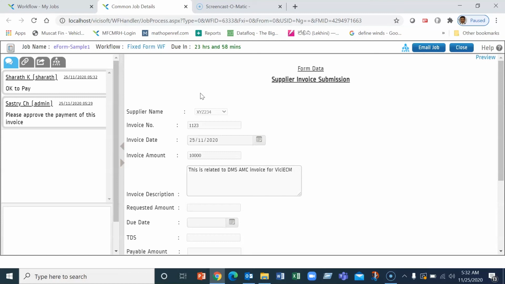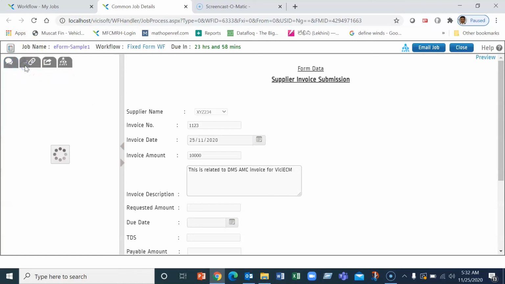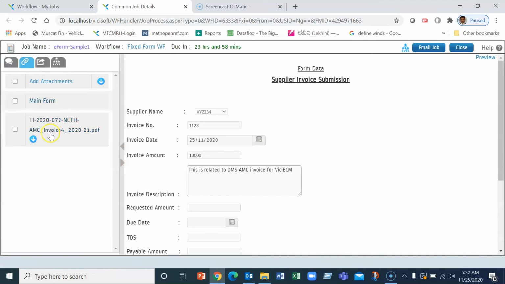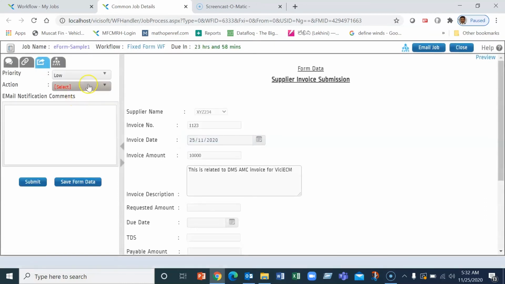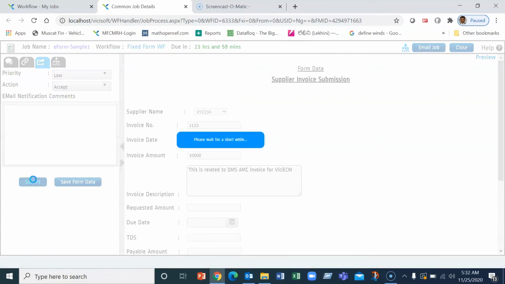And based on that, as the e-form moves through the workflow process, these fields become visible, invisible, editable, non-editable, etc. So one can look at the form, edit if required, based on permissions, of course, look at the attachments, and when these things are done, this person can take whatever action this reviewer wants to take,